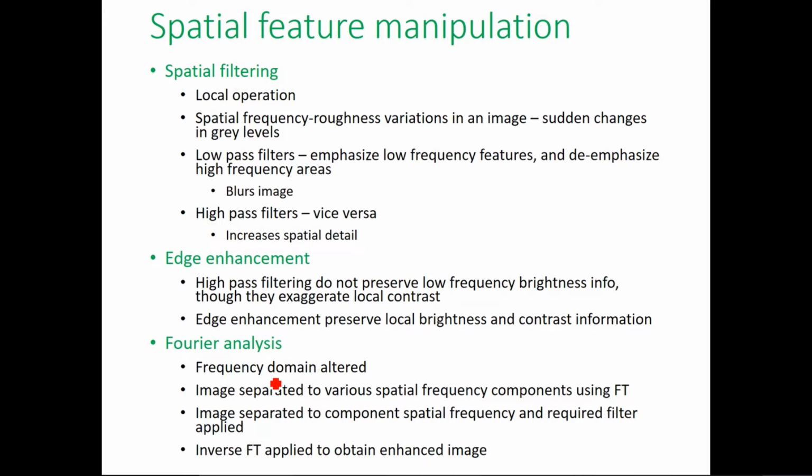So in this method, the DNs of a pixel are normalized with respect to the local average of the neighboring pixels in spatial filtering. So I'm going into a bit more detail of that method. As I mentioned, the DN of a pixel is normalized in this method. In low pass filter and high pass filter, it's a local operation. You will go pixel by pixel. You will consider one pixel, take the DN of that pixel, and then that DN is normalized with respect to the local average of the neighboring pixels.